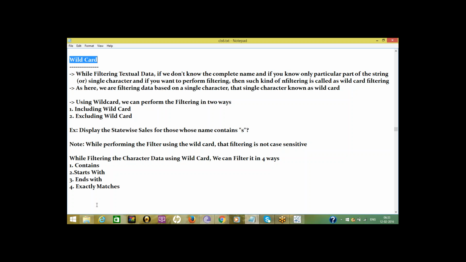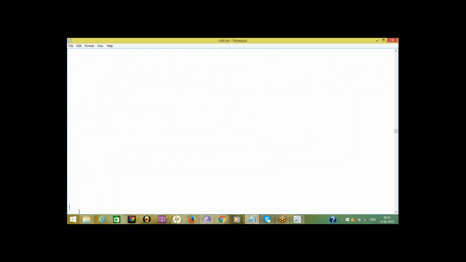While filtering textual data, one more thing is condition, filtering textual data based on some condition. The third option is condition.